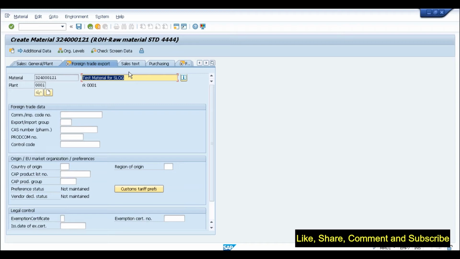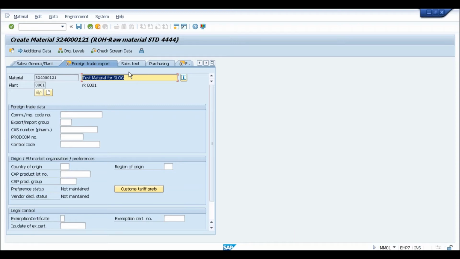Foreign trade functionality from MM and SD is not available in SAP S4HANA. That is the reason the fields available in the foreign trade functionality are very restricted. Whatever fields are available are only for intrastate purposes. Only intrastate reporting is supported as of now in SAP S4 from the foreign trade point of view.